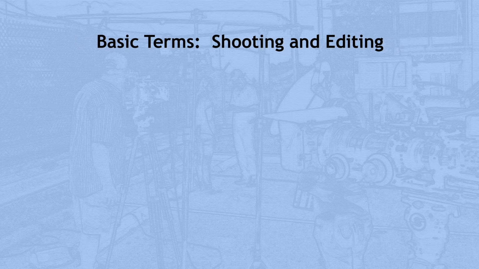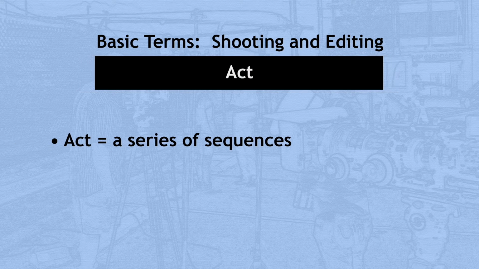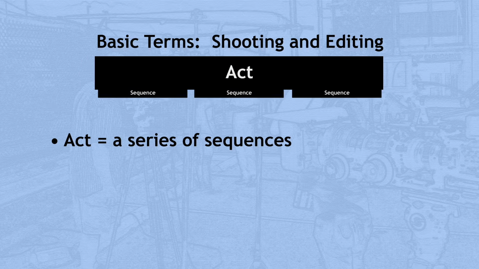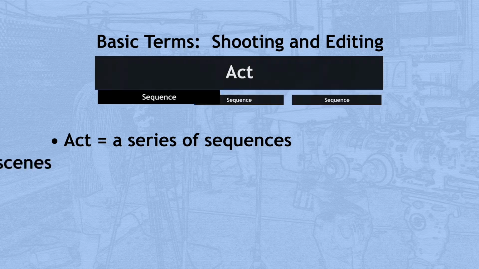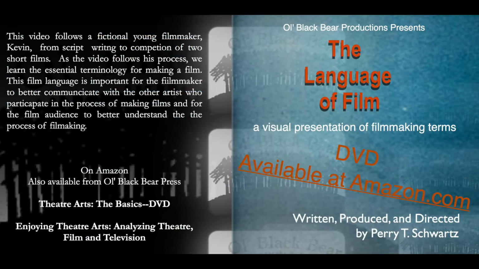Kevin needs to know all the basic film terms of shooting and editing to make his film. To begin with, he needs to know the difference between an act, a sequence, a scene, and a shot. The act is the largest building block and is made up of a series of sequences. A sequence is made up of a number of scenes,